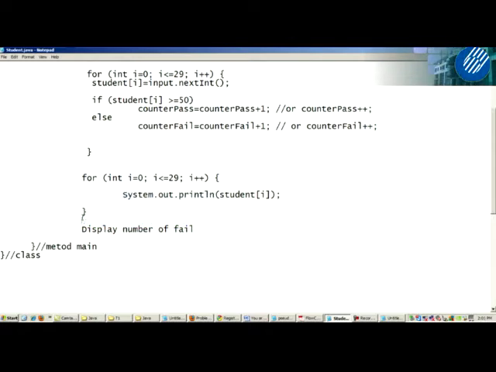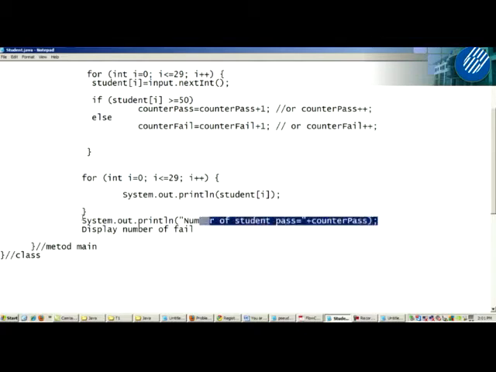Okay, you type system out, print line, then you put number of student pass equals to, then you put close quotation plus number, counter pass, then you close bracket.